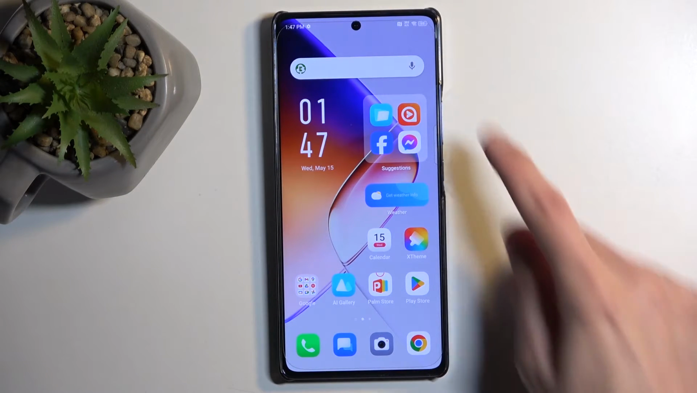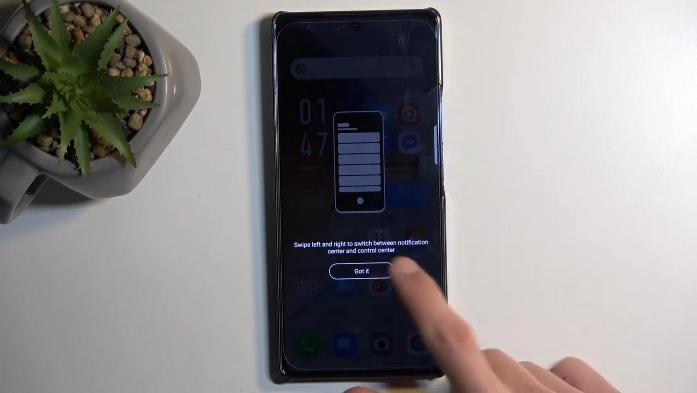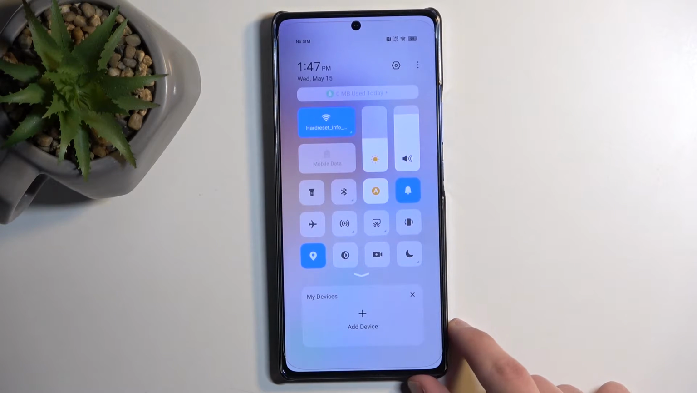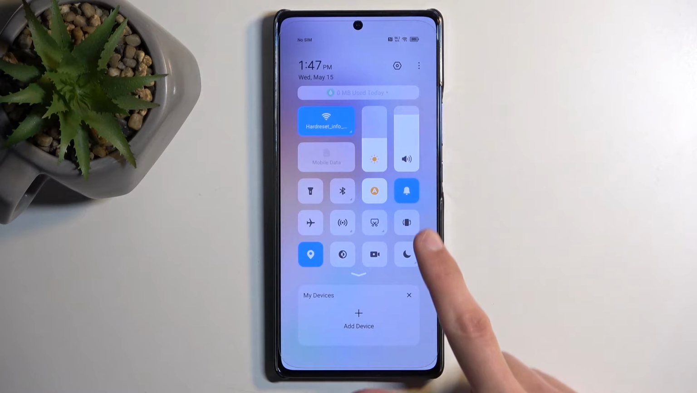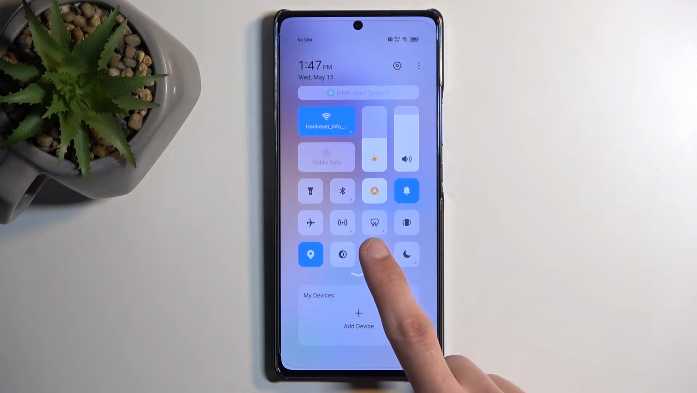So to get started, pull down your notifications by swiping down from the top of your screen. There we go. And in here we're going to locate this camera looking icon. Once you tap on it,